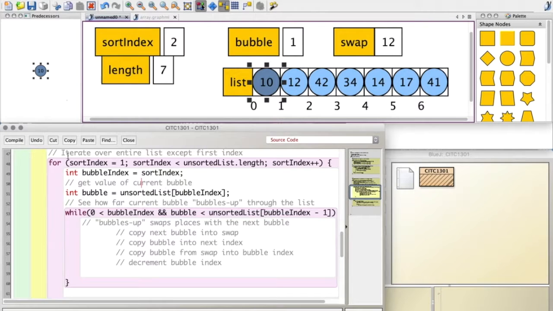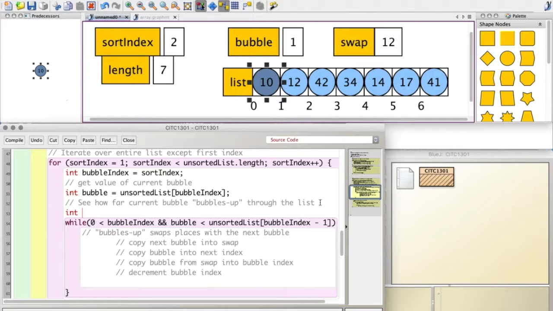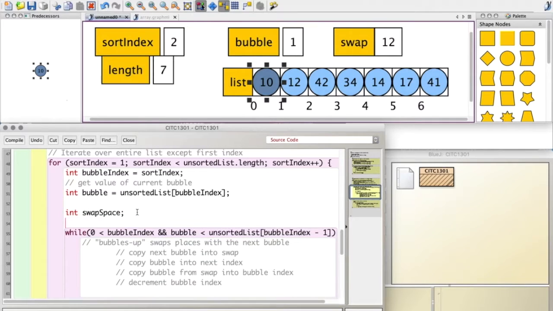So let's, outside in our for loop, we're going to have a new int, and this is just the swap space. And we don't have anything to put into it when it's out here in the for loop, so we're just going to create it, right? And I did move my comment around. That's fine. We'll just move that down here, and then we'll just say